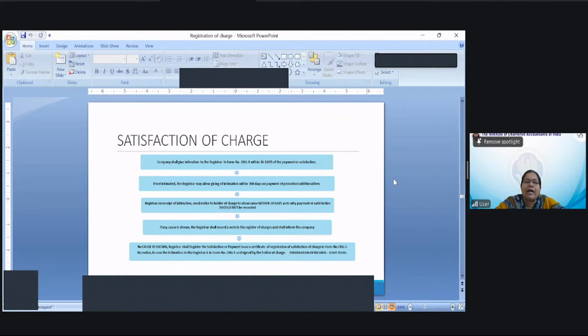Now when you have settled the dues, that also needs to be intimated to the ROC, because he would have created a charge ID for this SBI loan. So that needs to be informed to the ROC, that the loan has been settled. So for that, you have to take